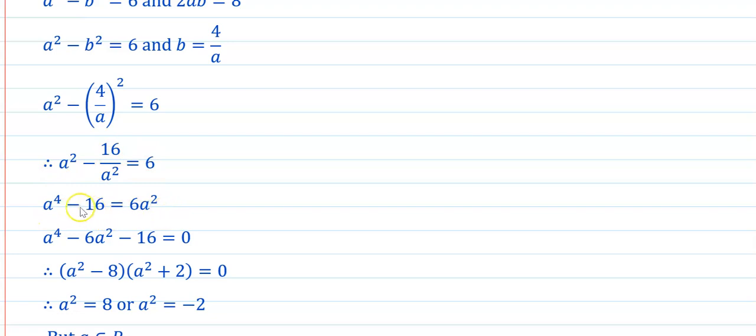Again, 6a square, left side, it will become minus. The product of first and last term is minus 16a raised to 4. And what about the middle term? The middle term is minus 6a square. What are the two numbers whose product is minus 16a raised to 4 and the sum is minus 6a square? They are minus 8a square plus 2a square. Their sum is minus 6a square, product is minus 16a raised to 4, and hence the factors are